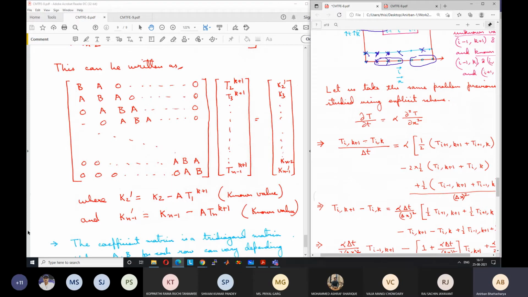So I will repeat again. For 100 grid points, it was taking 1 second. Now, because we want to do it in 2D, again with the same grid spacing, I want the same grid spacing. So I have a 1 meter rod, 1 meter plate, I was solving in 1D. In that case, I had taken a grid spacing of 10 mm. So I had 100 grid points, and it was taking 1 second to solve the problem. Now I want to keep the grid spacing the same, 10 mm only. But because now I have two directions, I have 100 into 100, 10,000 grid points.